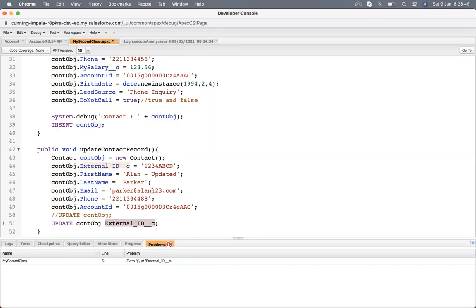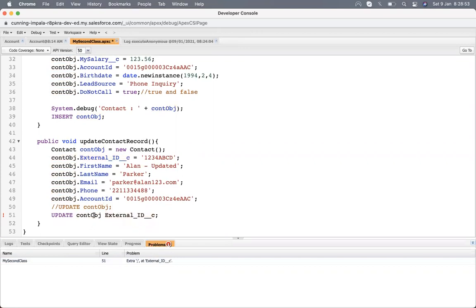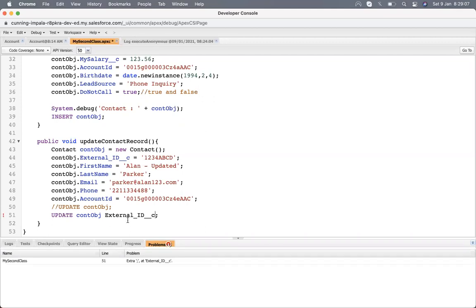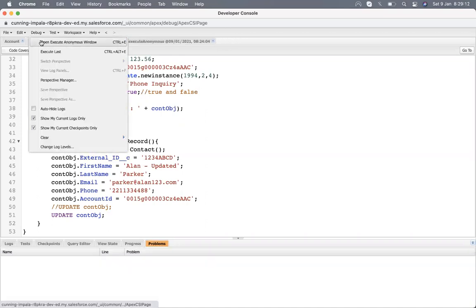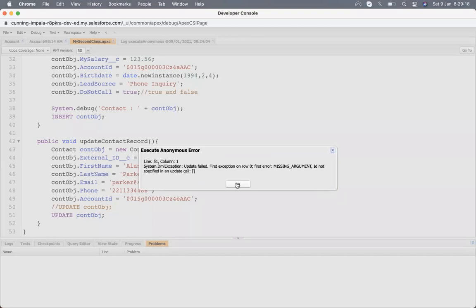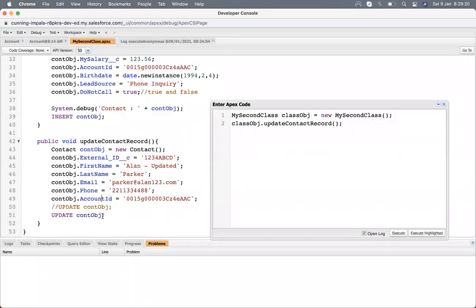Where is the extra? Nothing, update. That's not behaving. I think you need to specify the ID, but I need to specify it on the basis of external ID.